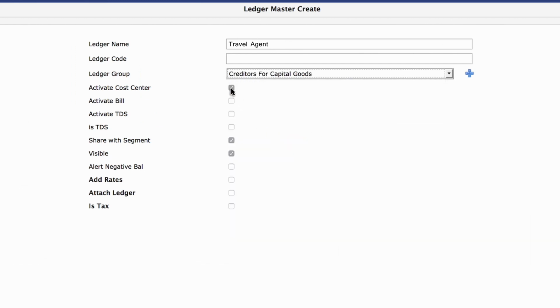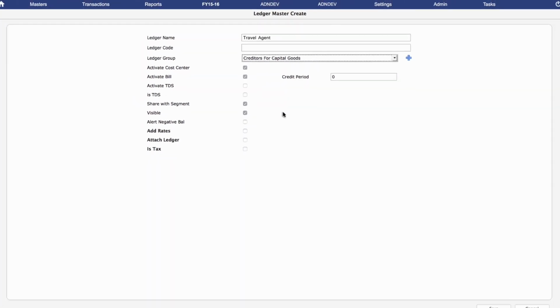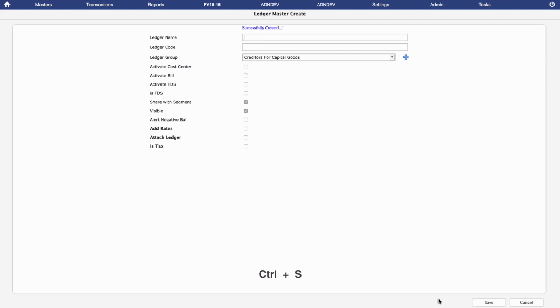Activating cost centers by checking this box will let you classify expenses in additional ways. Activating bills will help you track transactions with third parties. In this case, it helps RealBooks show you how much you owe the travel agent, bill by bill, and also the credit period extended. Now tap on Save at the bottom right or press Ctrl S on your keyboard and